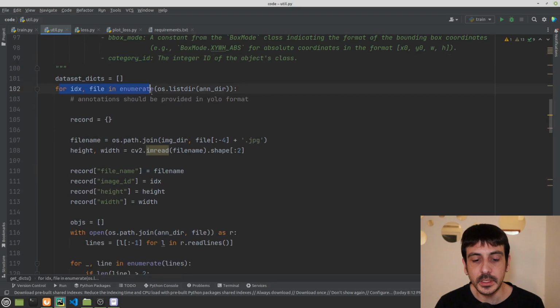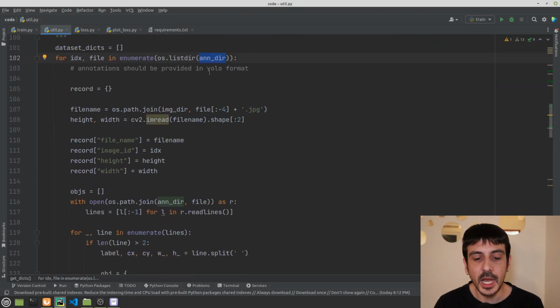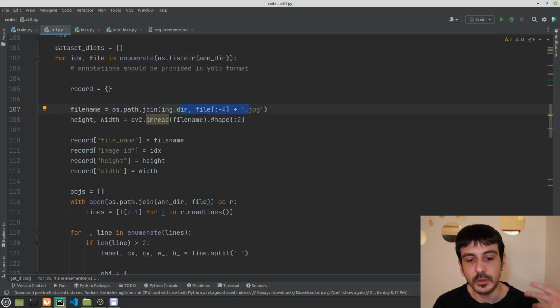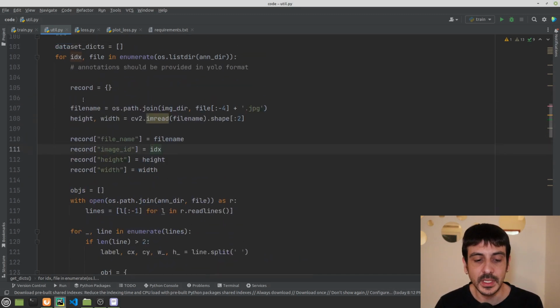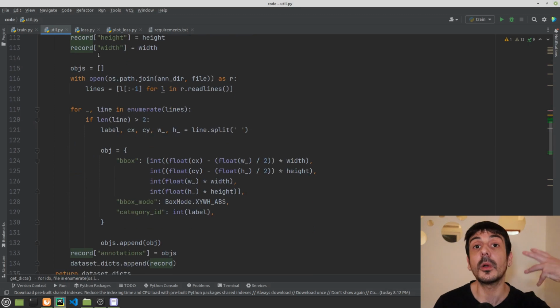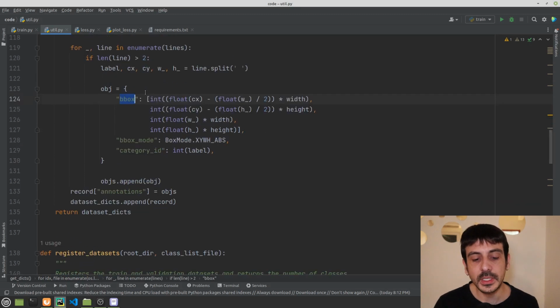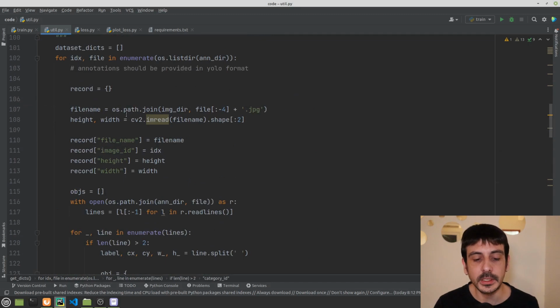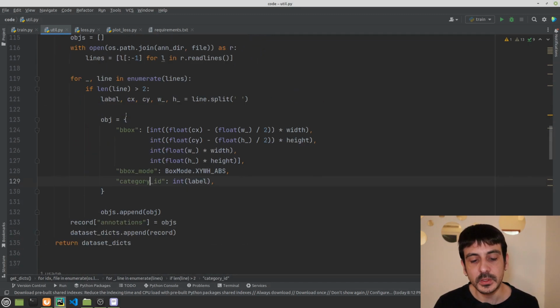The only thing we're doing is iterating in absolutely all the files in the annotations directory, and for each one of these files we are opening the image that belongs to this annotation, and then we are taking the height and the width for this image, and we are creating this dictionary with all the information, which is the image file name, the ID, the height and the width of this image, and we are saving everything into a dictionary. And then the only thing we're doing is we are parsing through all the annotations, and we are getting all the bounding boxes, and also the class ID, right? So basically we are parsing through all of our data, and we are getting all the information of our images and all the information of our annotations.